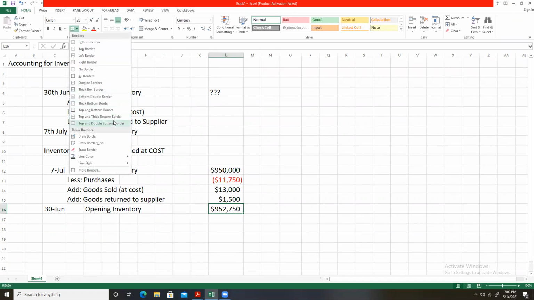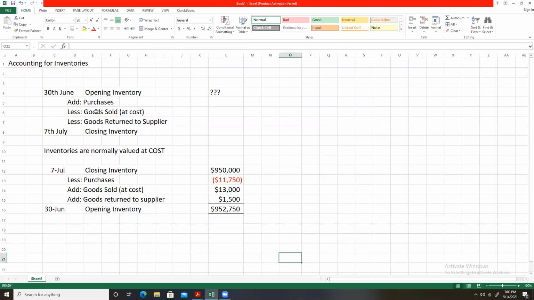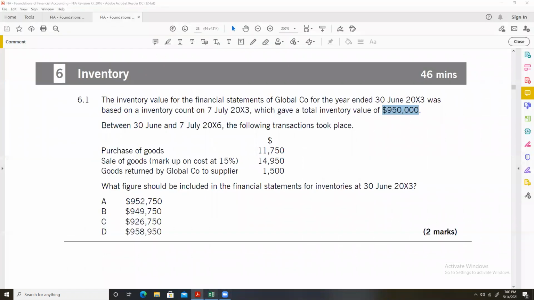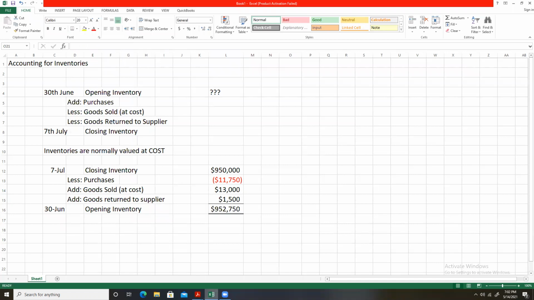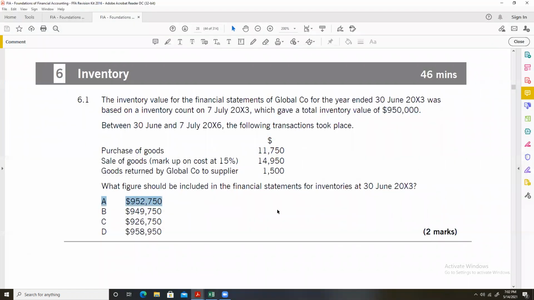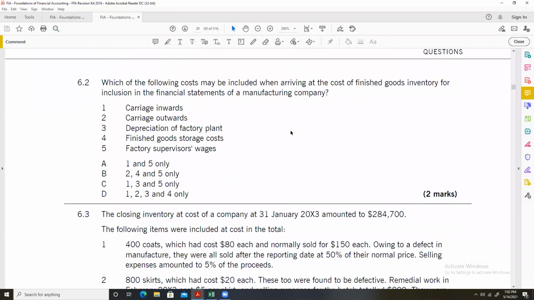952,750. This is the correct answer to this question. This is the 9,000, 952,750. So that is the correct answer to this one. Now, question number 2. Which of the following costs may be included when arriving at the cost of finished goods